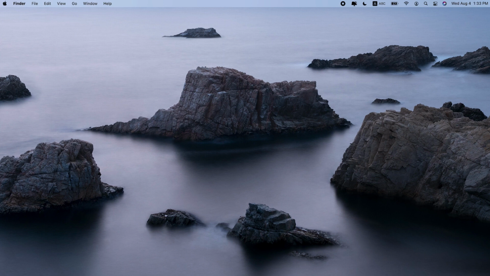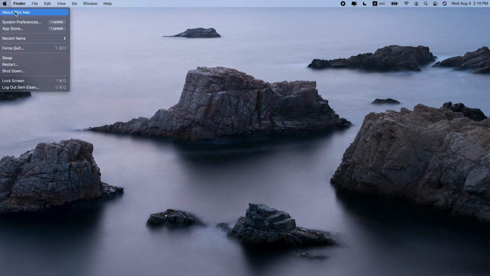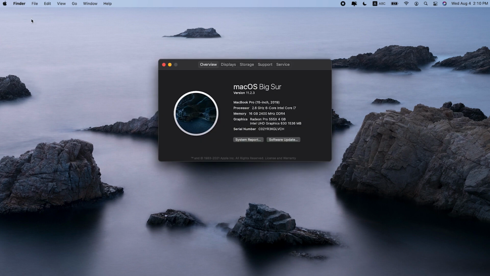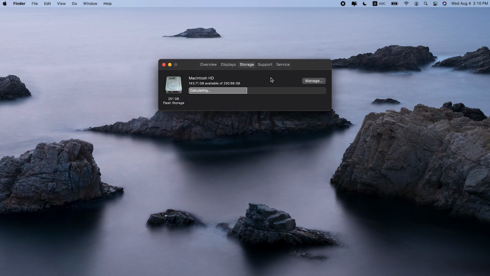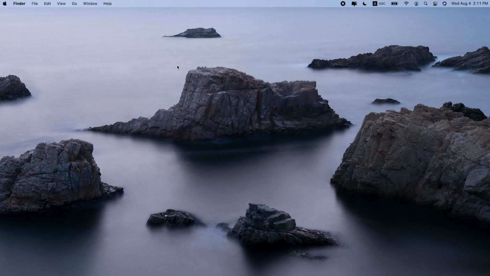So let's find out how to check how much free space you have. It's quite easy to check how much free space you actually have left. Follow these steps. Go to the Apple menu. Select About this Mac. Then go to the Storage tab. Wait a few minutes to let it calculate how much all your used space weighs. Hover over the white section to see how much free space is available. Do you have enough for macOS Monterey installation? If not, keep watching. I have some useful tips to share.